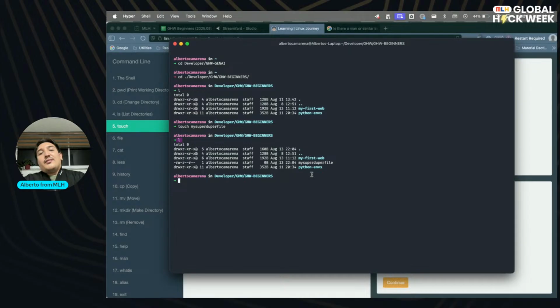We see we have my first web and Python apps. My formatted output allows me to see these two are folders, but this one is a file. So what happens if we want to move to a file? That's an interesting question. Thanks for asking. My super duper file. Well, cd, change directory, is going to show you an error that says not a directory, my